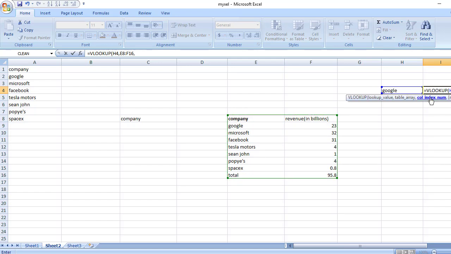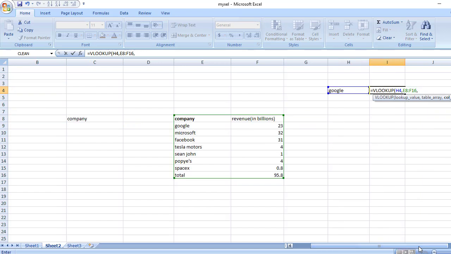Then I need to insert the column index number. So what is the column index number? The column index number is basically the column where our data value exists. So from this data set, number 2 is our column index number. This is the first column, this is the second column. So we need to insert 2, and then last but not the least, we need to